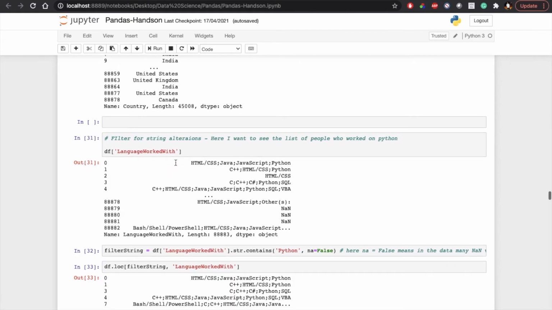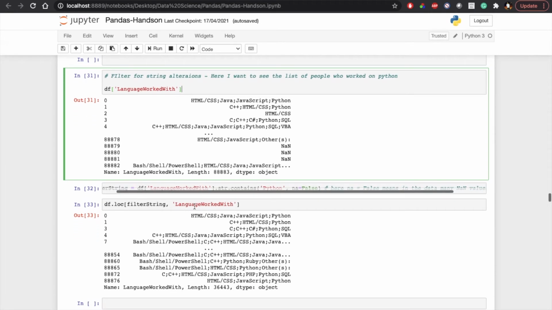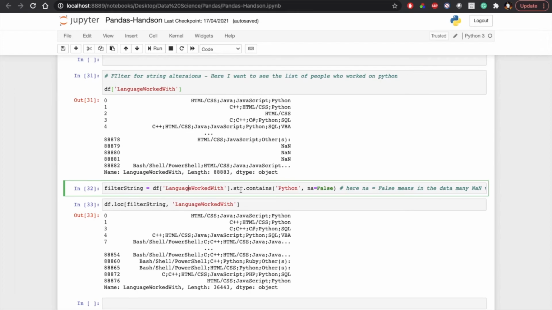Basically in my data set there is a column, language worked with. Here I want to see how many people already know Python or have worked with Python. So I need to create a filter object. Inside the language worked with column, I have to access the contains method from the string, so str.contains, and I have to pass Python and na equals false. In data frames there might be many NaN values, so it will ignore those.